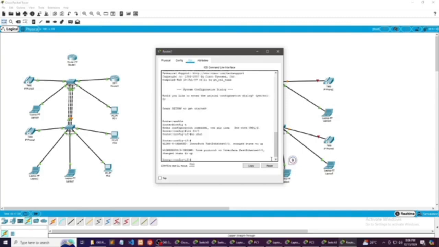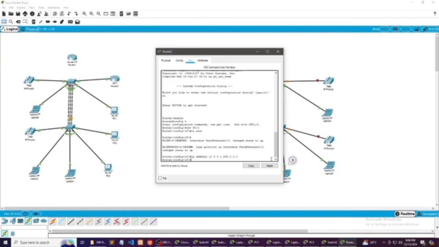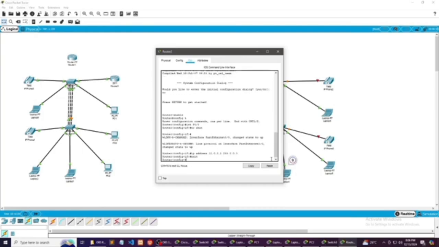Type no, then enter, type int f0/0, then no shut, enter. And here in the IP address, we are going to use 10.0.0.1 and then 255.0.0.0.